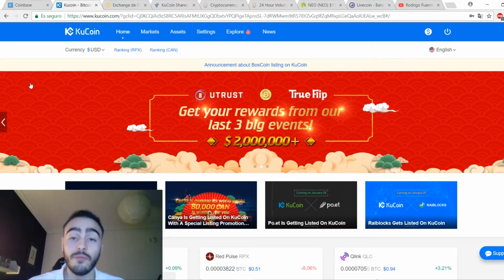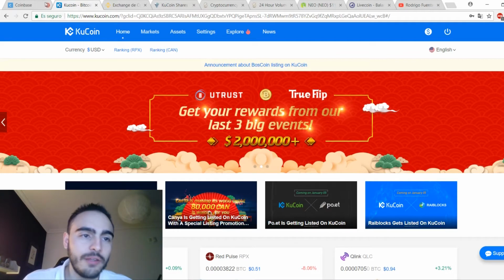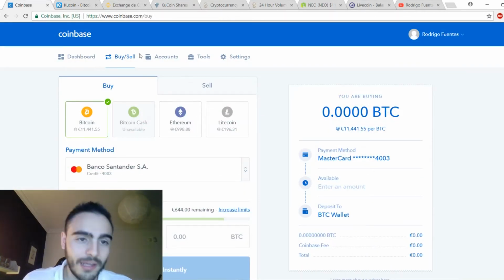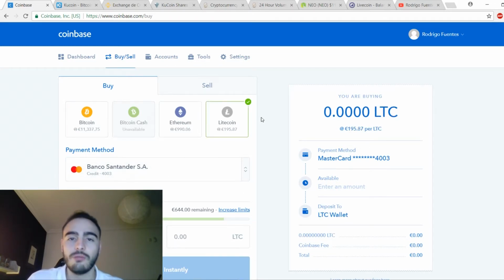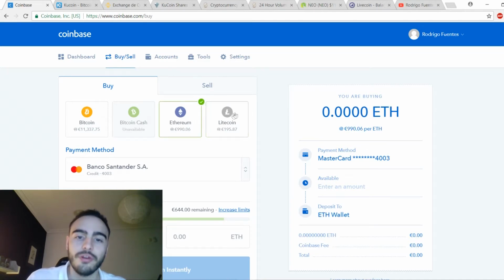Okay, so I will very quickly demonstrate how you can get your money into Kucoin. You first obviously have to purchase Bitcoin, and so you would have to go to Coinbase. You go to buy or sell. You attach a credit card or your bank account. You purchase Bitcoin, Ethereum, or Litecoin. I personally recommend purchasing Litecoin or Ethereum to then send it over to Kucoin because the transactions are faster and way cheaper in fees. So once you buy your Litecoin or Ethereum, you would have it here in your dashboard,